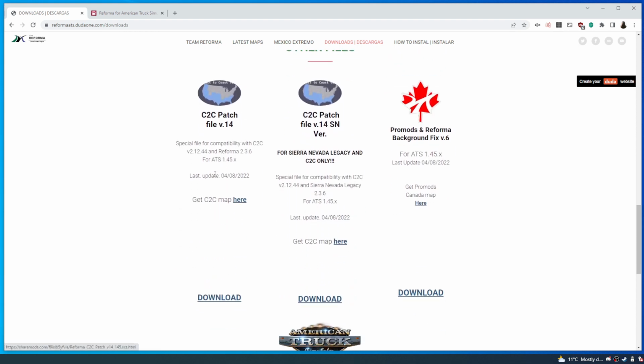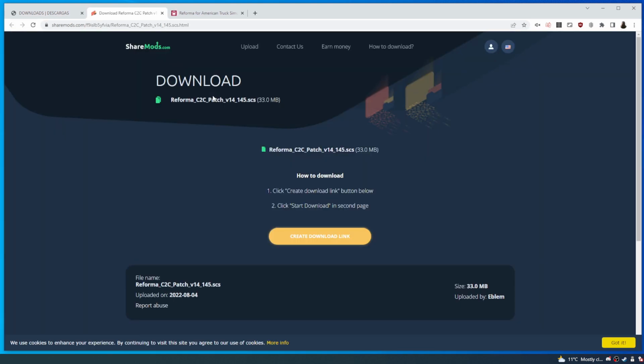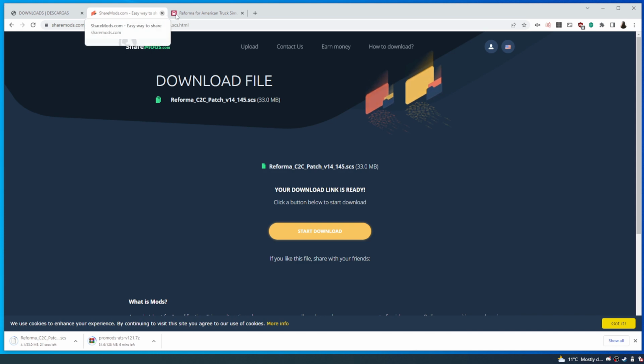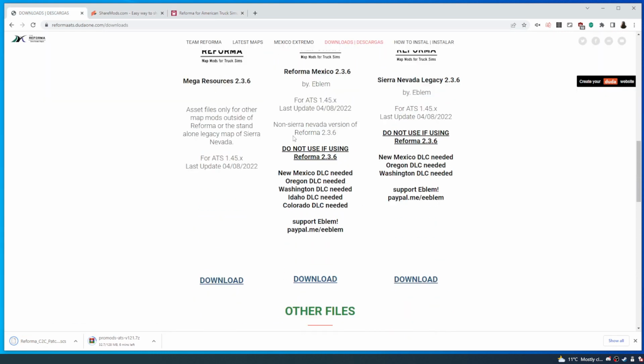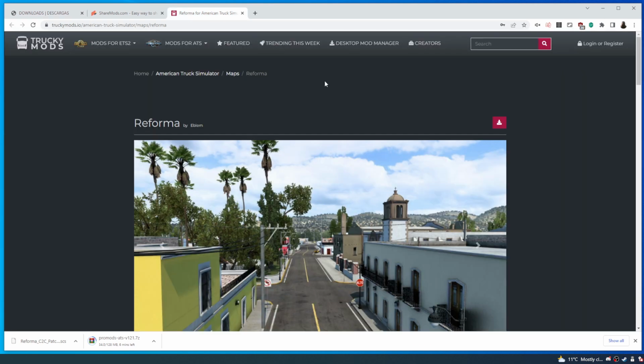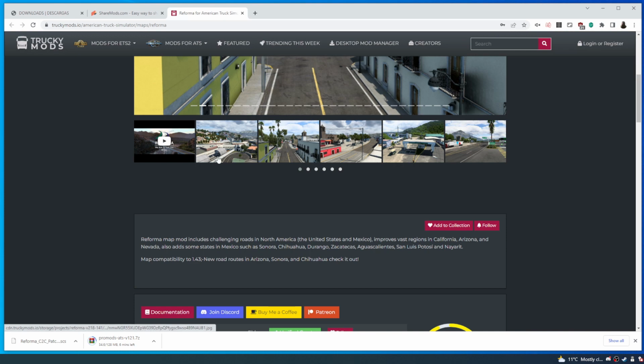this is very important, especially our file for compatibility with Coast to Coast, which we are taking. So you click it right here, and we download this. Okay, done. And then we go here. We need also the mega resources, but the mega resources is gonna come here with download Reforma right here on